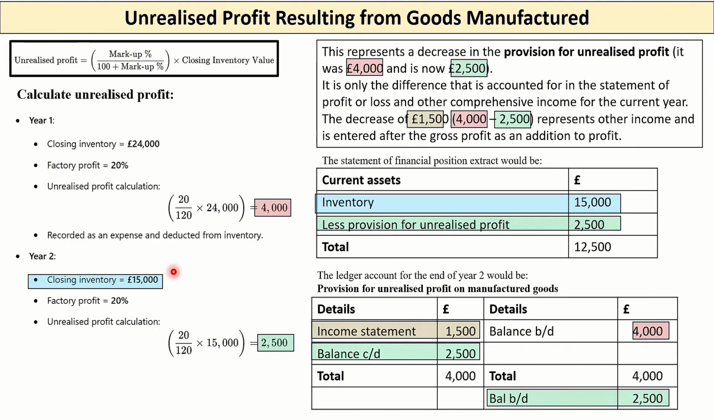As you can see here, we have a closing inventory of 15,000. From this, you deduct 2,500 unrealized profit for the current year. Therefore, the total of inventory for the current year should be 12,500. How do we prepare the ledger? As you can see here,